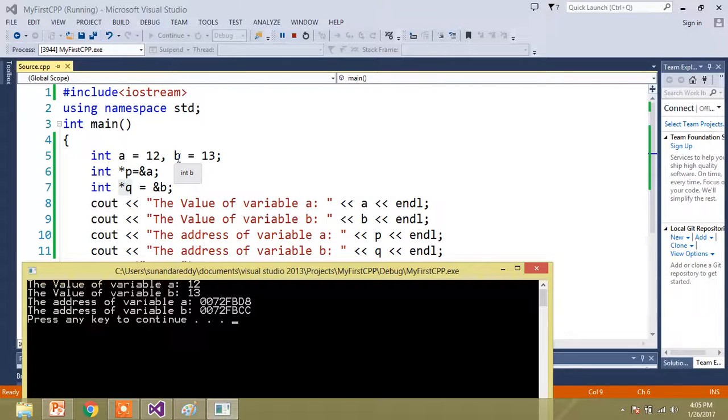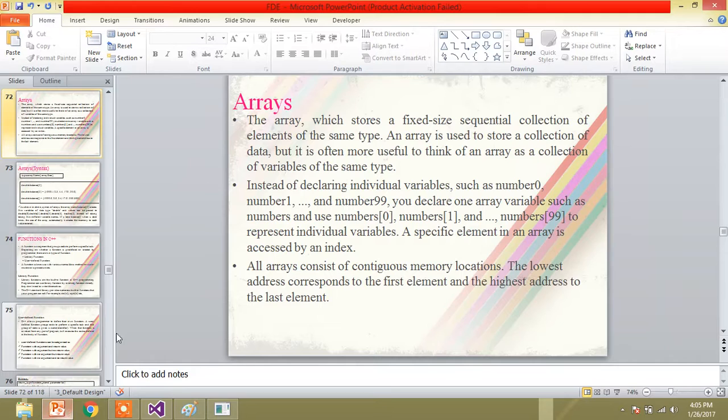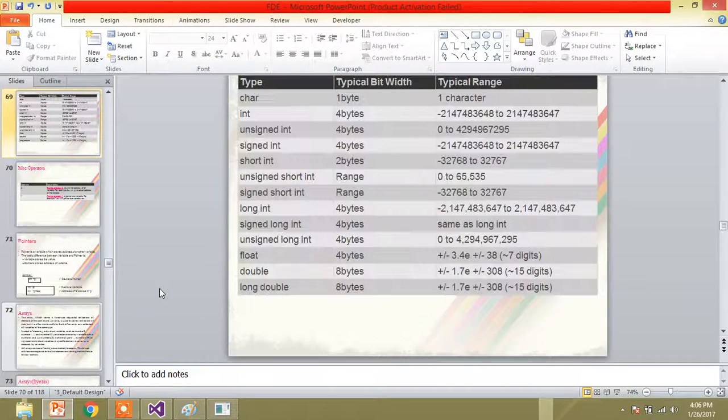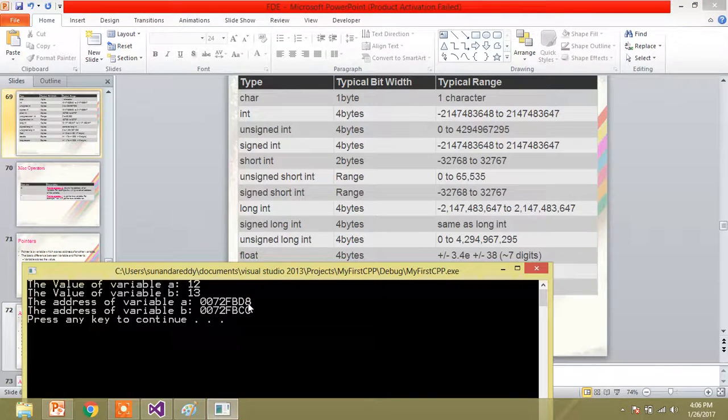what you are able to see in the memory locations is 00727FBD8. An integer is going to hold how many memory locations? It is going to hold four memory locations. So this particular number needs to go up by 4 and get started. But still, if you see here after D8, it is not continuous memory locations. Randomly it is taking some other variables,